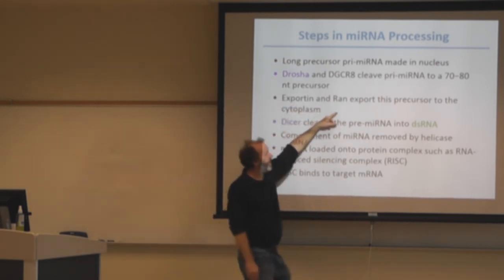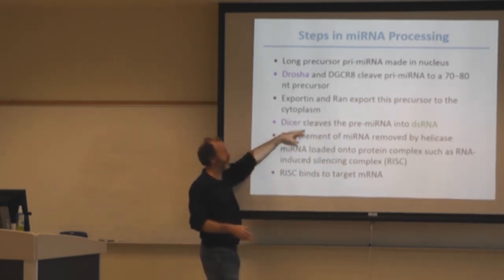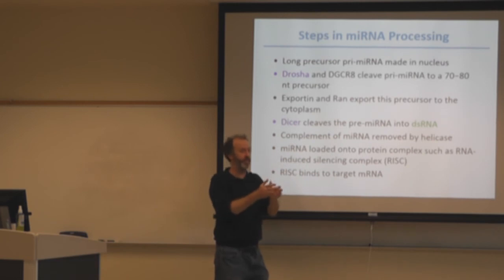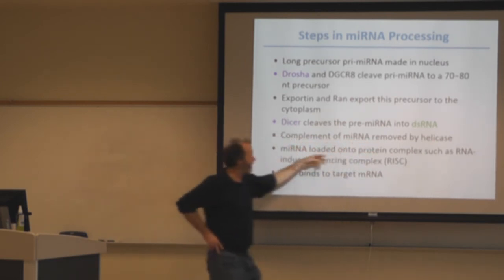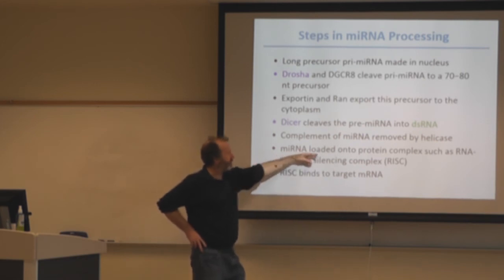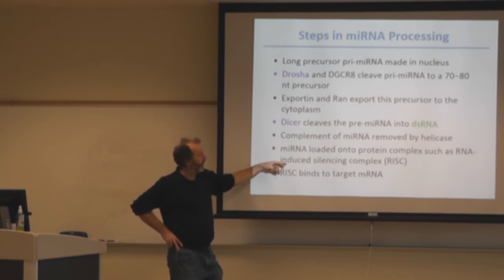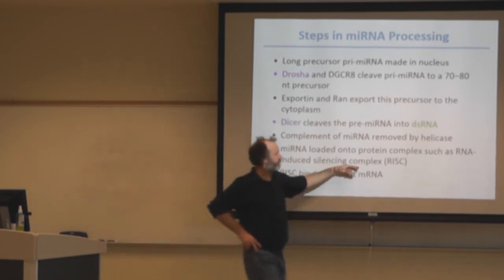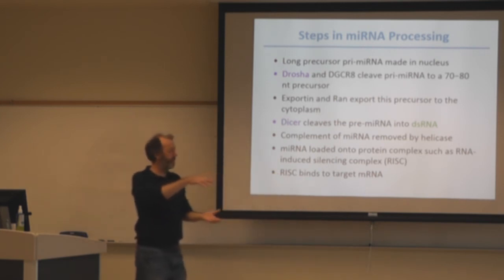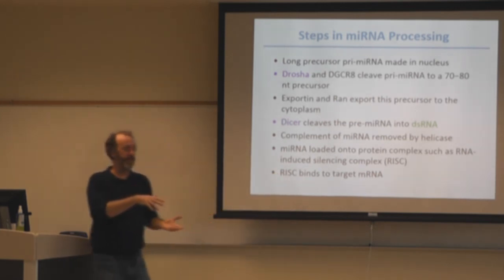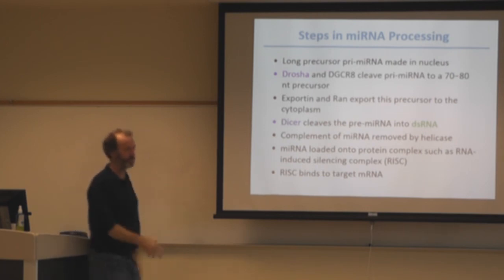Exportin and RAN export this precursor into the cytoplasm, where Dicer cleaves the pre-miRNA to double-stranded RNA. The complement of the miRNA is removed by helicase. The miRNA is loaded onto the protein complex known as the RNA-induced silencing complex, or RISC. That RISC then binds the target mRNA and causes cleavage of that mRNA, which will stop, of course, translation of that